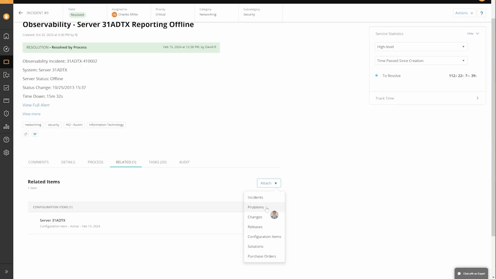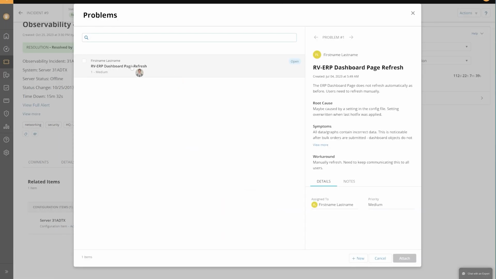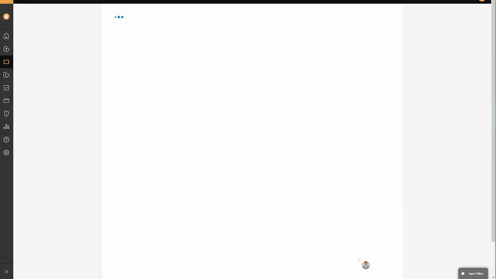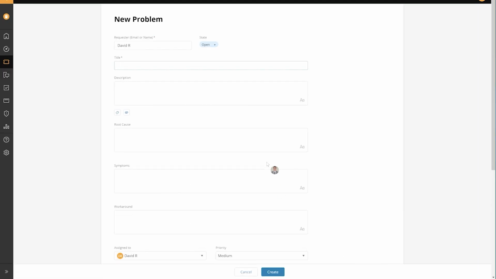So that's where we can get in and actually on this same related tab, right from the ticket itself, I could create a problem record, and specify, hey, I've got a problem with server 31. XYZ keeps happening. We need to work to improve that. If we've got an open problem already, it makes it easy for me to link it to something that already exists, or simply create a new problem record right from the ticket where I can put in that information. Server 31's having issues.